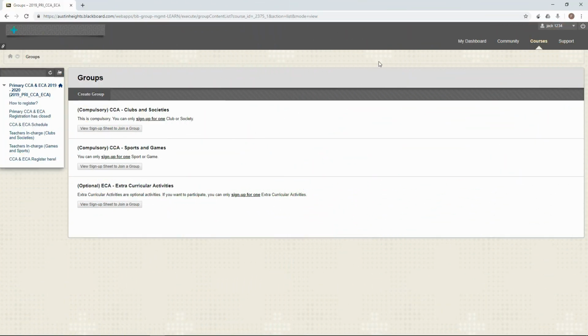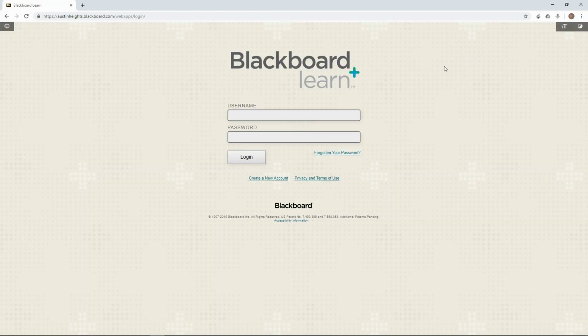To register your CCA, you need to choose one sport or game, and one more club or society. There is also an optional ECA of golf and cheerleading for those who wish to participate on Friday afternoon. If you have a brother or sister studying in Austin Heights Private and International School, you will have to log out after you have registered, and then log in again using his or her username, before you repeat all these